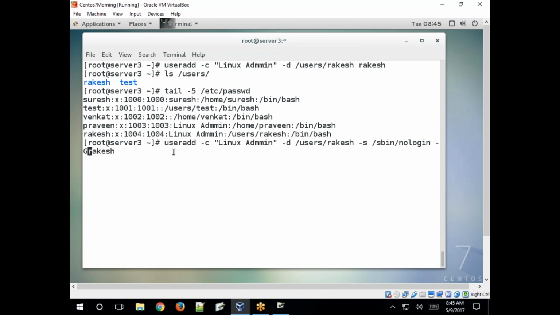Is there any -G? Is there any groups? Yes, adding the user into the Venkat group. Venkat group is already created, right? Primary group. Add that user Venkat, comma Suresh. Add this user, new user.